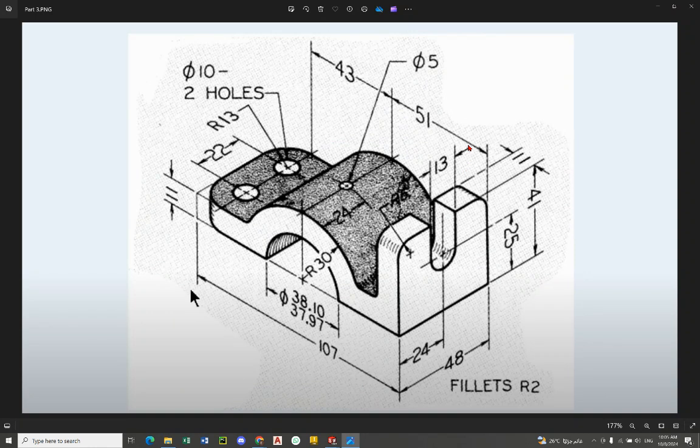This is our second part that we will draw today. Like we see, this is a 3D part. All dimensions are in millimeter. We have height here 11 millimeter. We have here, like we said, radius 13. It means it's a fillet of radius 13 millimeter. These are holes of diameter 10 millimeter. This is also a cut of diameter